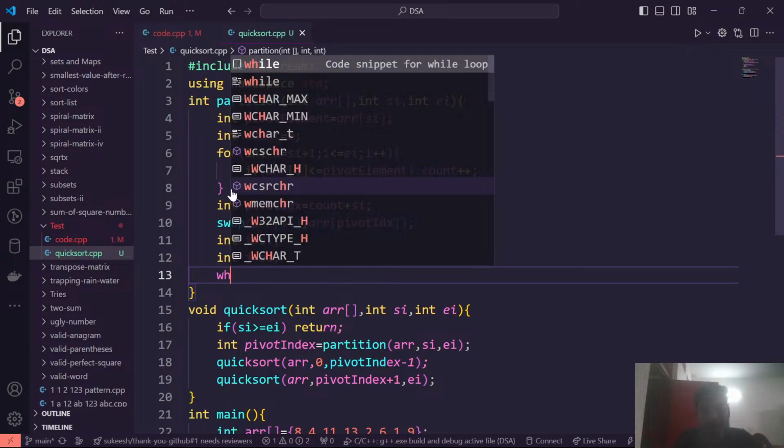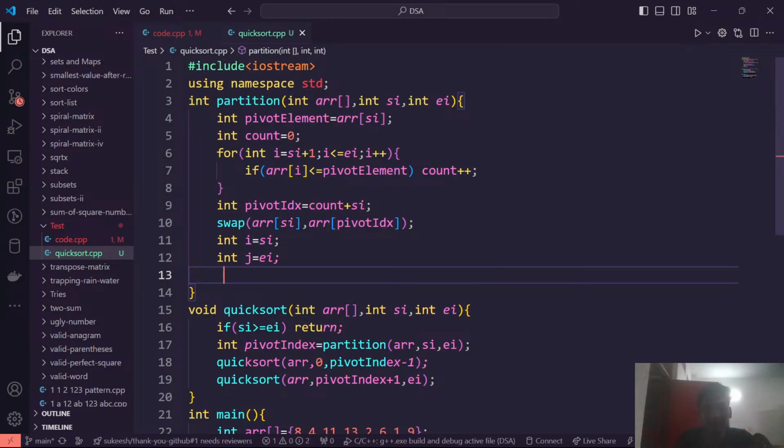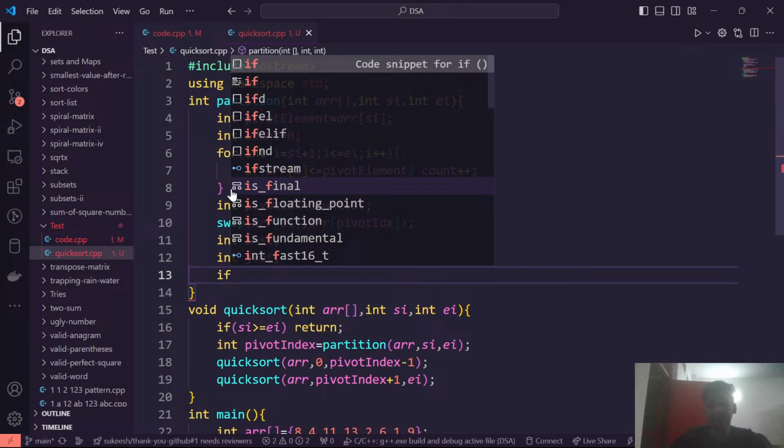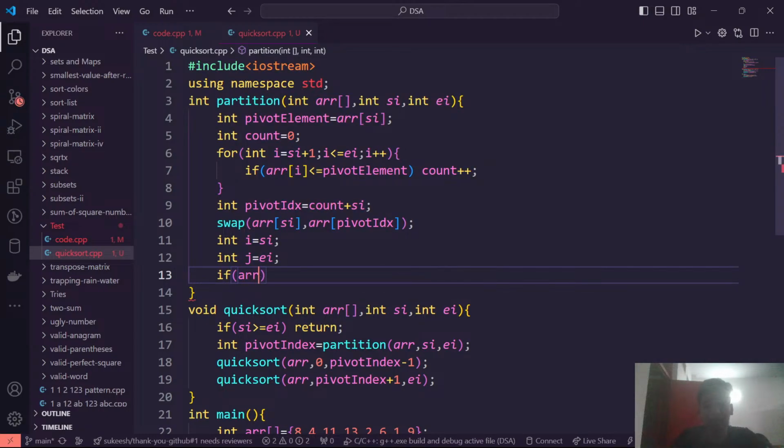Then I will check a condition, if array of i is less than the pivot element, then i plus plus,